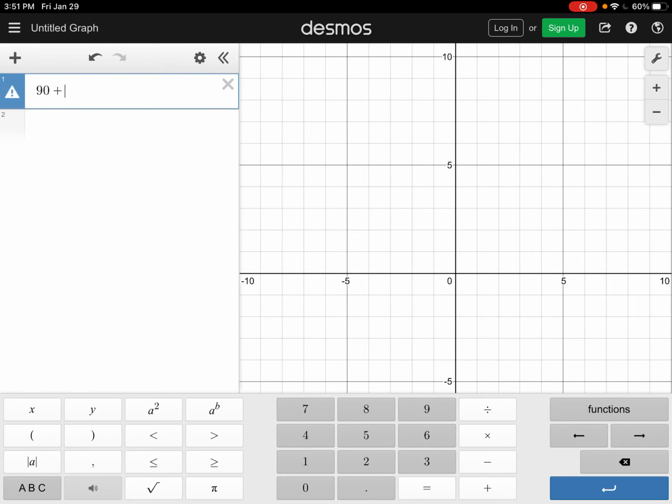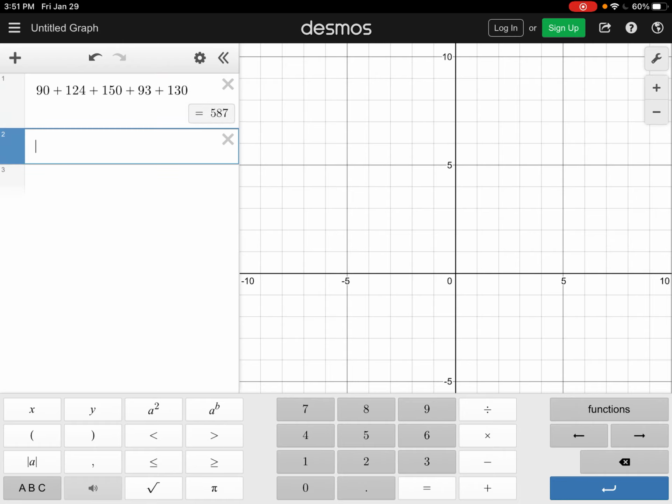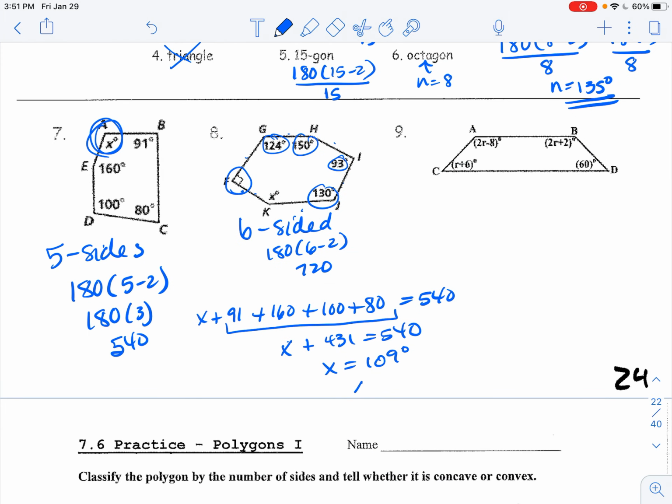Okay, so we'll start with the 90 degree and then just go in a clockwise direction. So 124, 150, 93. Okay, back that up, 93, 130. All right, those angles add up to 587. And we said that the sum of a six-sided figure was 720. So if I take away the 587, that's 133. And so our missing angle is 133. And I just did that all on Desmos. All right, guys, I think that's going to be